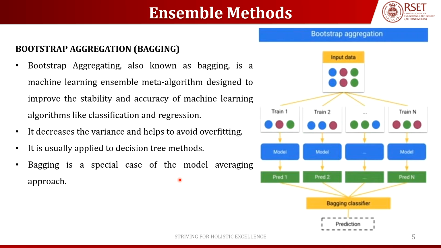Next is bootstrap aggregation or bagging. So this is a meta algorithm which is designed to improve the accuracy and stability of machine learning models. The main goal of bagging is to decrease variance and helps to avoid overfitting. So here is how it works. We take multiple random samples of our input data with replacement. For each of these new smaller data sets, we train a separate model. Then a bagging classifier combines the predictions from all these models. And bagging is a special case of model averaging approach. So it is commonly applied to decision tree methods, which brings us to our next topic,